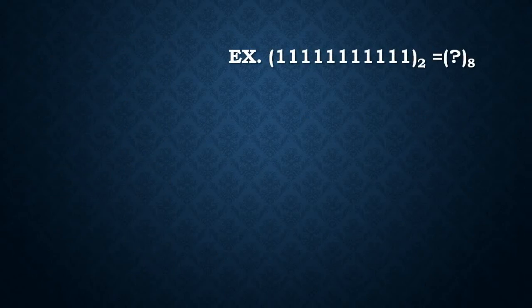Now again we take another example. Again we have to convert a binary number into octal number system. Again we divide the binary digits into groups of 3. We start dividing from the right side. We get the first group as 111, second group as 111, third group as 111, and the last group again has only 2 digits. So to create the group of 3 bits we have to append an extra 0 on the MSB side. So the next group is 011.